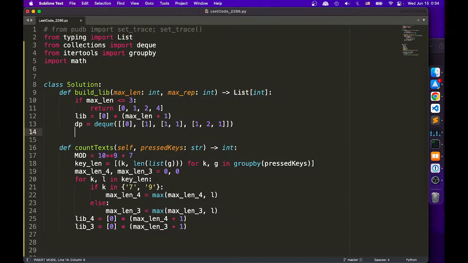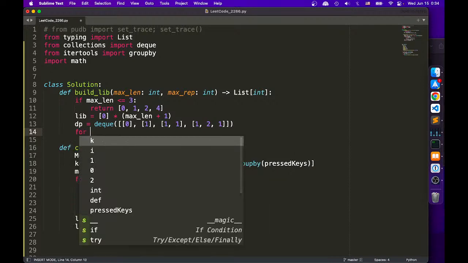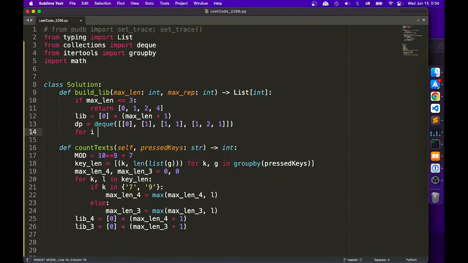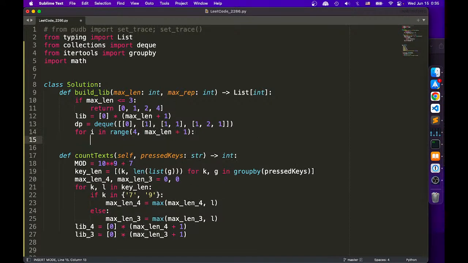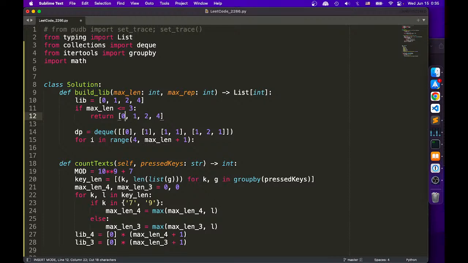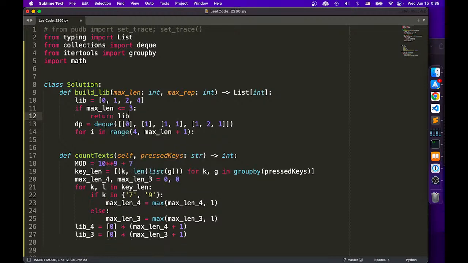So what we're going to do is we're going to go all the way. I'm going to say for i in range from 4, right, to max len. We have to go all the way to max len. Then we simply say, actually we don't. We're gonna do this. I'm not gonna do anything. I don't even like this. I'm just gonna return lib. Okay. Otherwise,